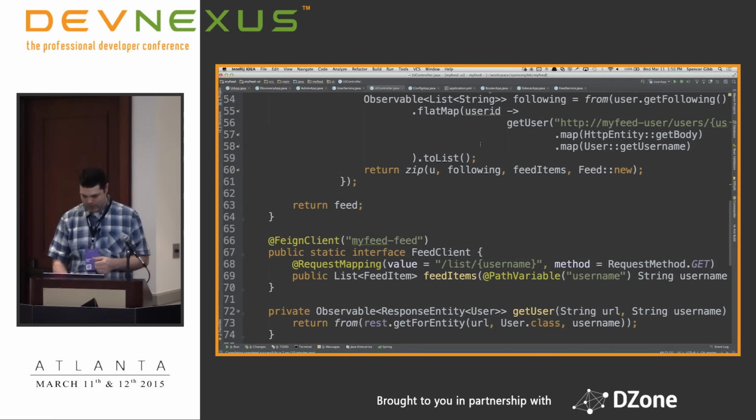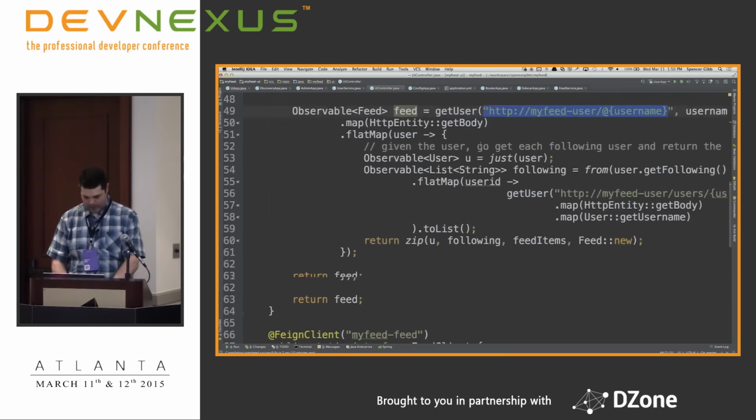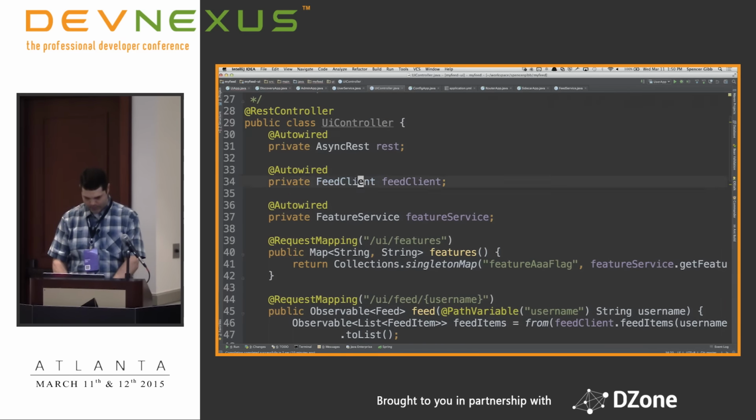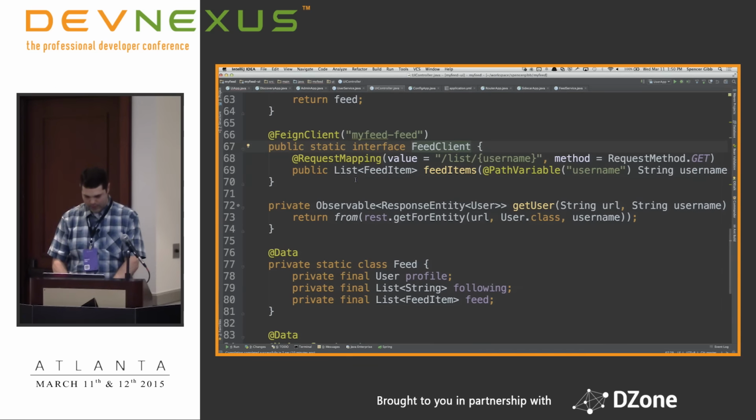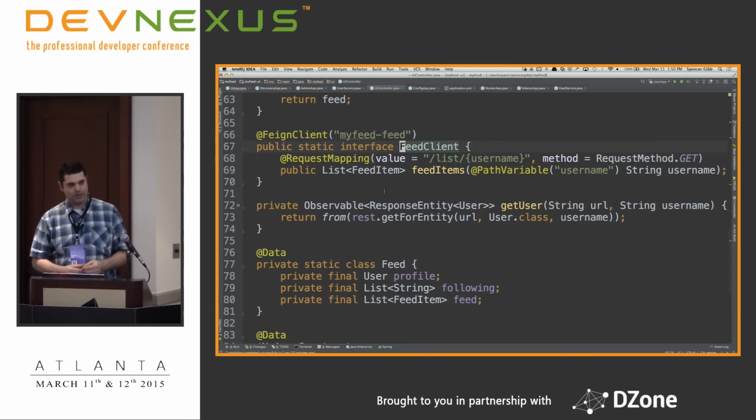Another interesting tool is called Feign, which is one of the other Netflix tools. It is a declarative RESTful interface definition. We've extended that a little bit to use some familiar Spring MVC annotations.